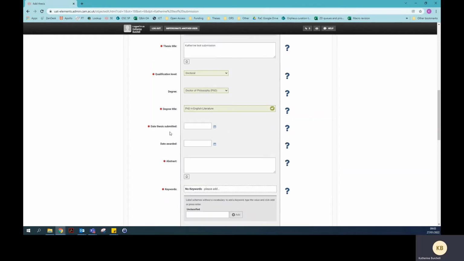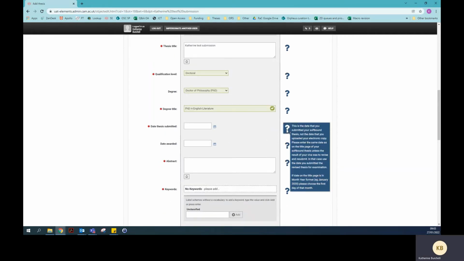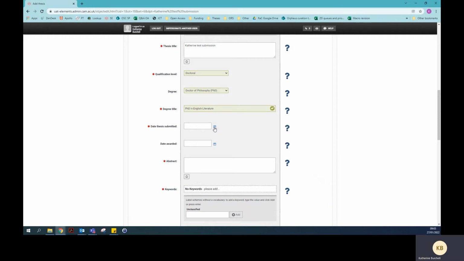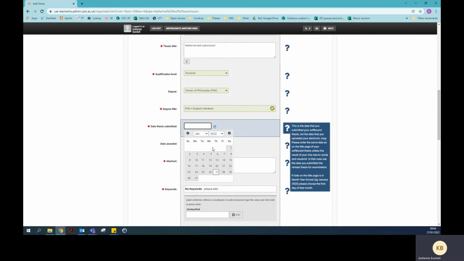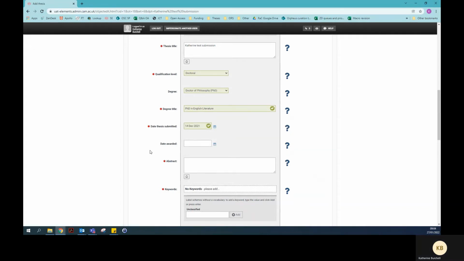Now you should enter the date the thesis was submitted. So this is the date that you submitted your softbound thesis, not the date that you uploaded your electronic copy. So if you click the little calendar function, you'll be given the option here to choose when you submitted your thesis. So I submitted my thesis, I'm going to say back in December. Okay,